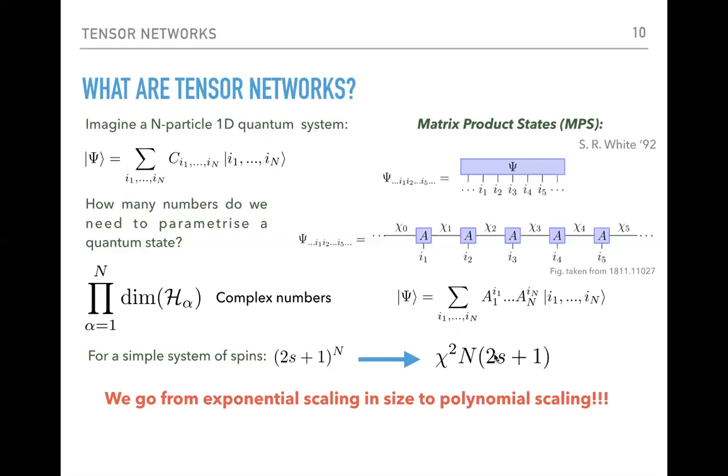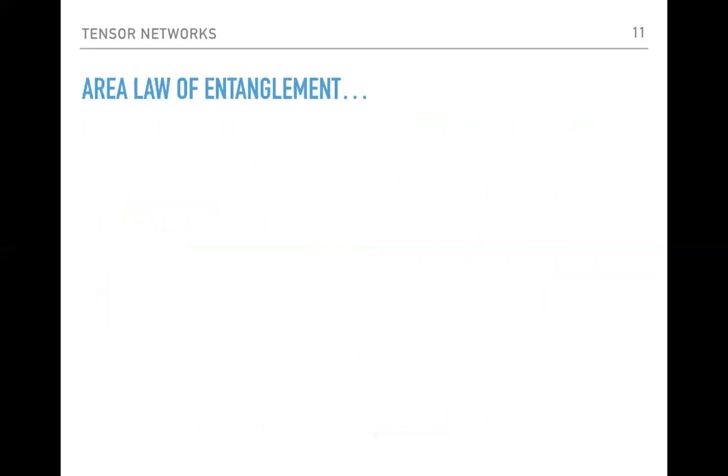But of course, the straightforward question would be, well, yeah, but this ansatz is much more restrictive than the general ansatz, so we have to lose something. Nothing comes for free. But actually, we don't lose so much. It depends on what questions you are asking. And this brings me to my next slide, which introduces this notion of entanglement and the area law of entanglement, which has a priori nothing to do with the area law of confinement that we are used to from QCD or from other confining theories. This is a different area law.